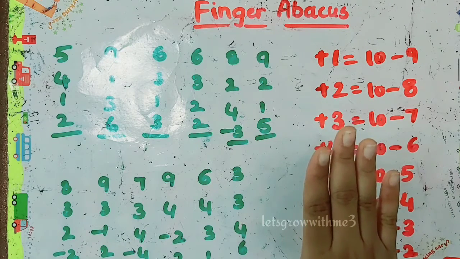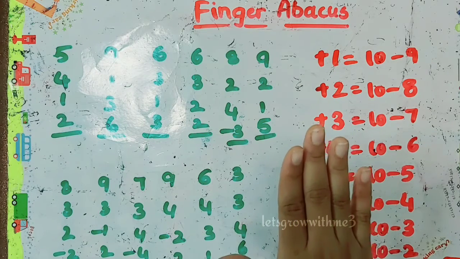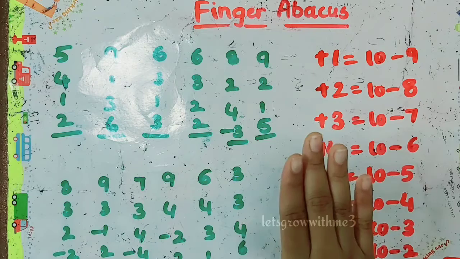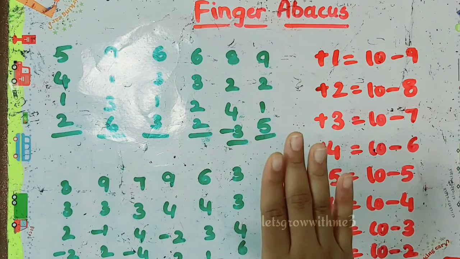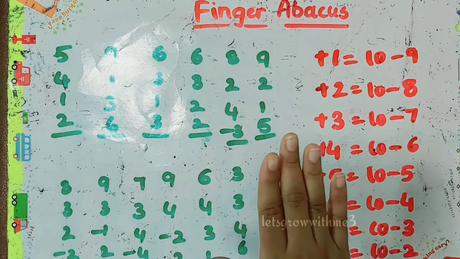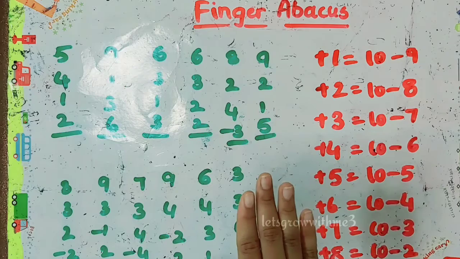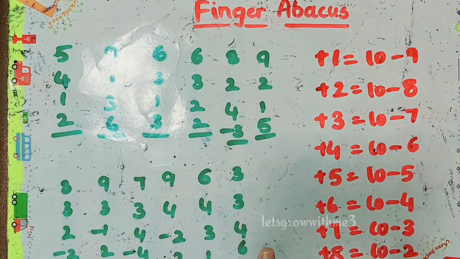5 plus 4, very easy, we can do it with the direct method. Then plus 1, how to add plus 1? We don't have beads and we can't use small friend also because we already used 5, so we can't use any more 5. So the only option left for us is the big friend method. So what does big friend say? Plus 10 minus 9. That means you need to add 10 and remove 9.